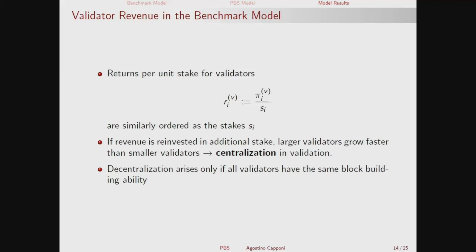So the revenue per stake will go up. As a result, they will be able to stake more, and so they will again increase the probability of being selected. And this basically generates centralization. Unless all validators are equally skilled at selecting order flow, there will be some validators which basically dominate over